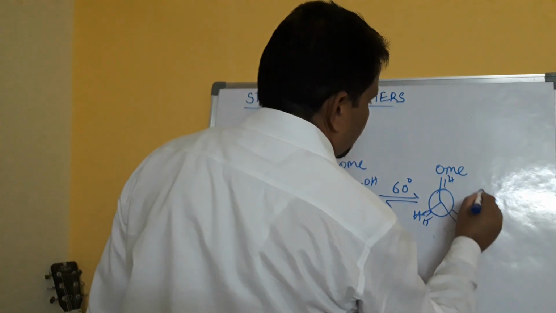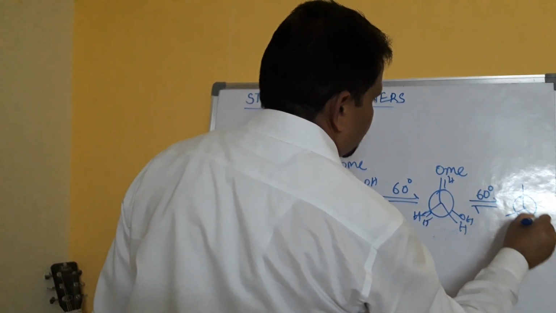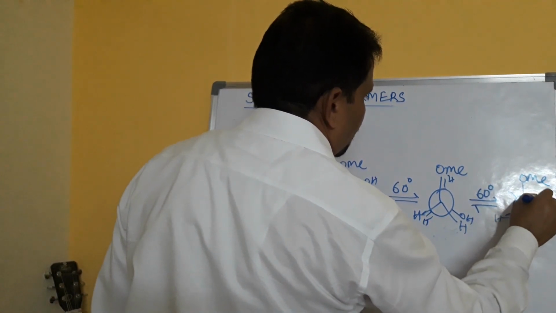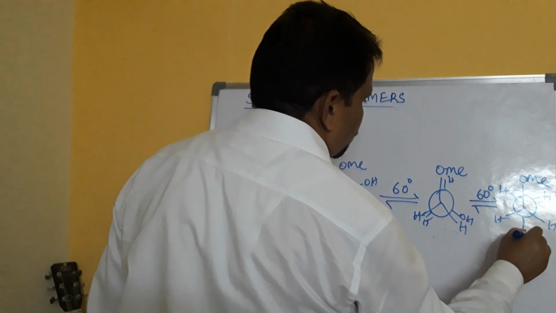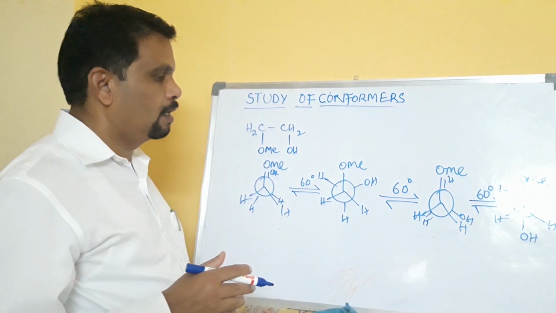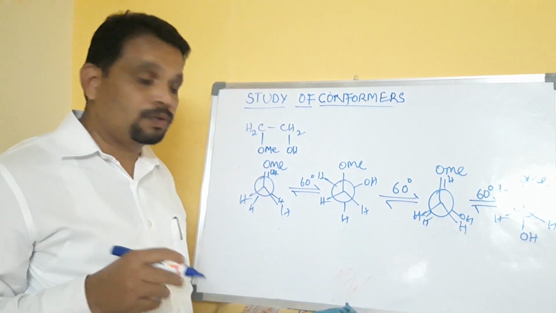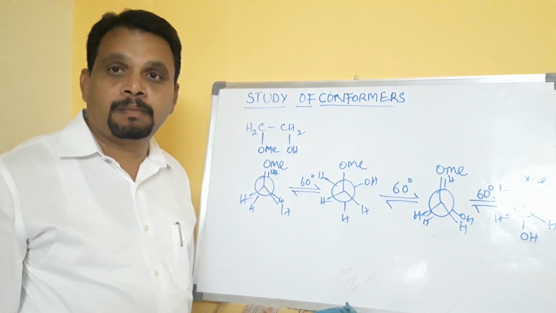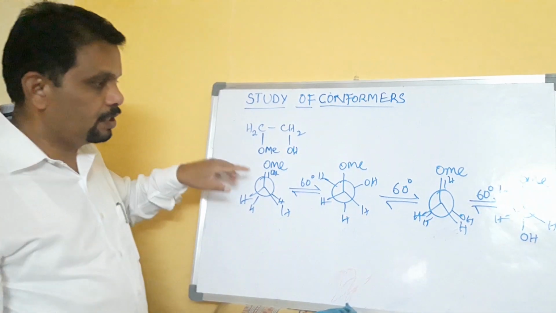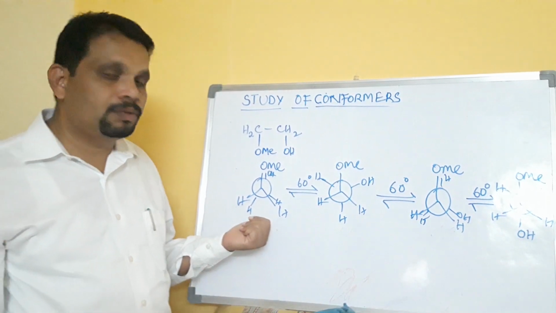Again, 60 degrees rotation about the CC single bond, you will get the anti-conformer, hydrogen and hydrogen, hydrogen, hydrogen and hydroxyl group. Okay, and if you rotate two more 60 degrees, you will get again partially eclipsed, again you will get the Gaussian conformer. So finally you will get this fully eclipsed conformer. Okay, so for this particular example, these are the possible number of conformers. Okay, so let us try to analyze which is